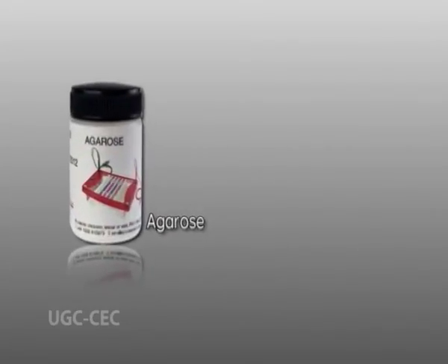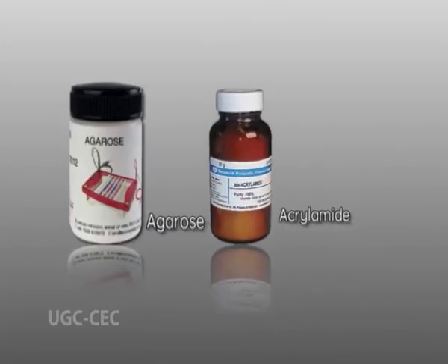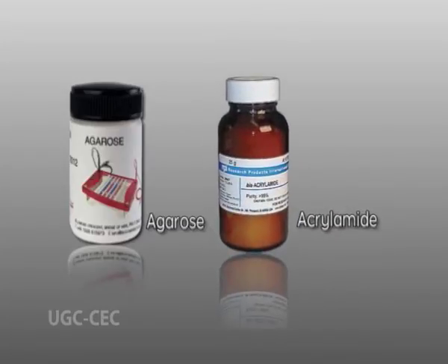The media of gel electrophoresis can be either agarose or polyacrylamide depending on the purpose of the experiment. The agarose media are larger in pore size in comparison to acrylamide, therefore it is mainly used for the separation of larger molecules like DNA. On the other hand, the pore size of acrylamide is small, so it is mainly used for the separation of biomolecules like proteins and nucleotides of smaller size, like nucleotides of size below 100 base pairs.